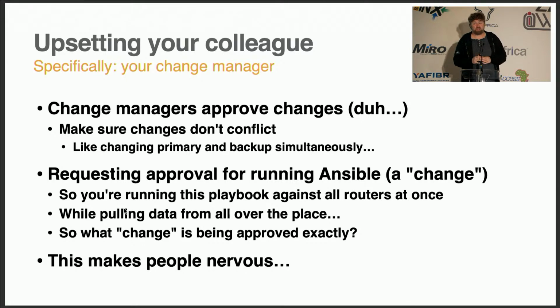But now we have this automation, and automation is basically, pull all the stuff from Netbox and deploy it to the routers. But what exactly changed in Netbox? Do we actually know, if we're in the maintenance window at 3 a.m., that we're going to run Ansible? Can we predict what's going to happen? And the answer was no. For the change manager, he was basically getting 20 tickets that said, oh, I'm going to run Ansible at 3 in the morning. Is that okay? No idea.